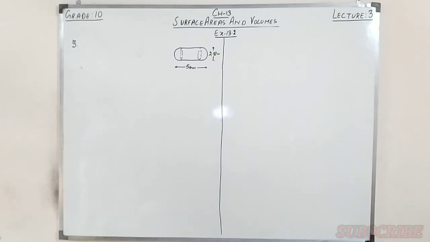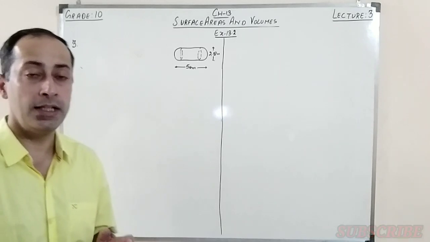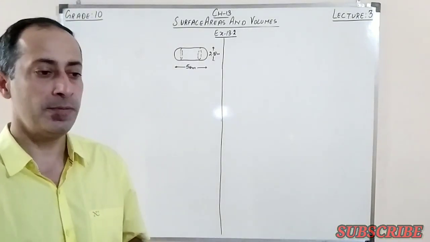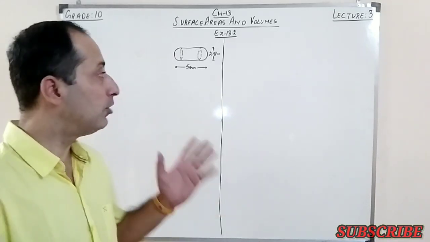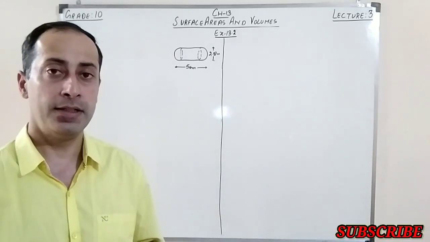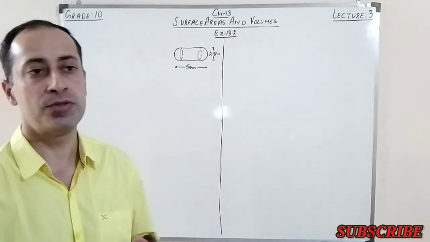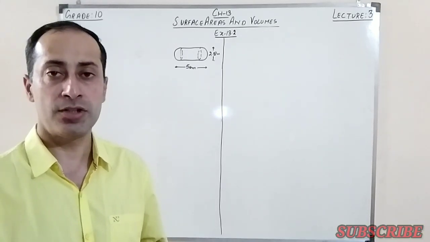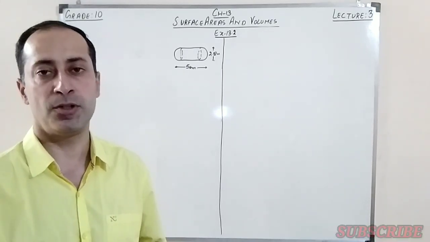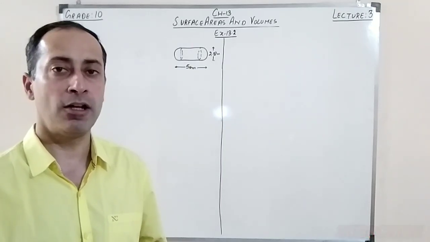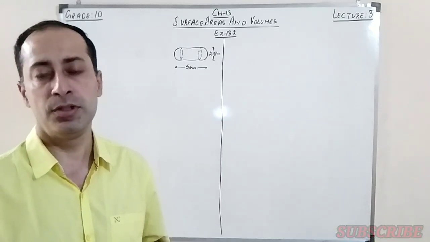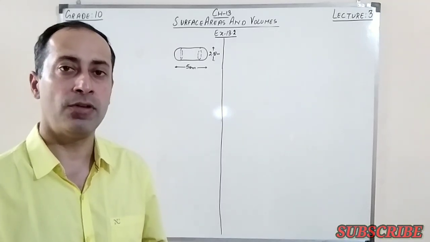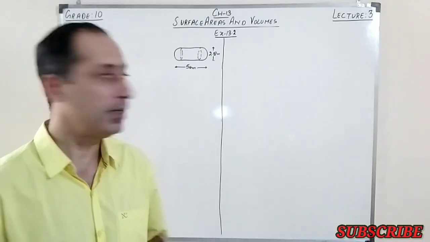Now in the question they have asked, we have to find basically the volume of the sugar syrup inside the gulab jamun. It's given that whatever is the volume of the gulab jamun, 30% of that is the volume of the sugar syrup. If suppose the volume of one gulab jamun is 100 centimeter cube, then the volume of sugar syrup would be 30% of this, that is 30 centimeter cube. But we are talking about 45 gulab jamuns. So first we find the volume of one, then the volume of 45, and then we take 30% of that, right?